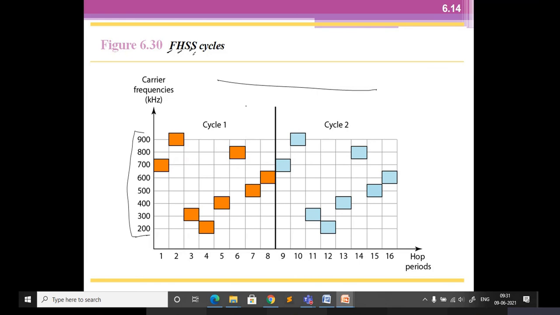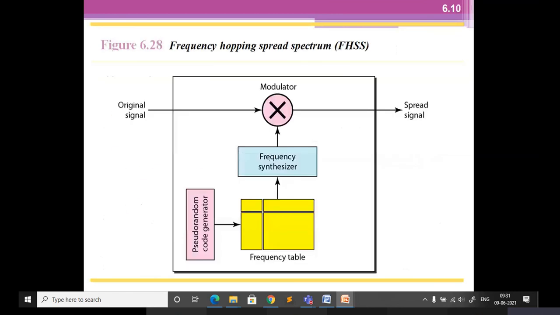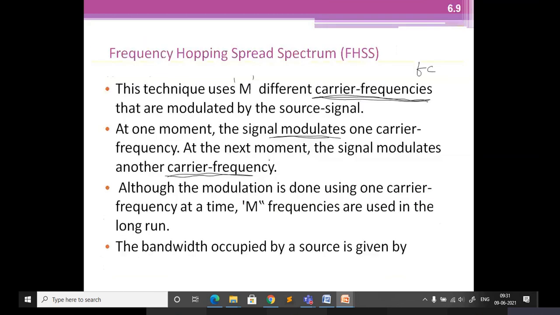So even if the attacker wants to check what data is going on, he can read only a piece of it. The attacker cannot catch the complete data that is transmitted. That is one advantage of FHSS. Each time the carrier frequency is changed, so although modulation is done using a carrier,